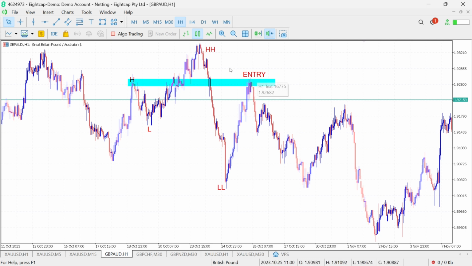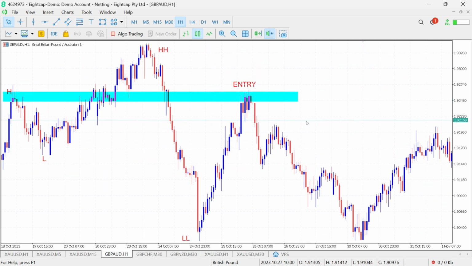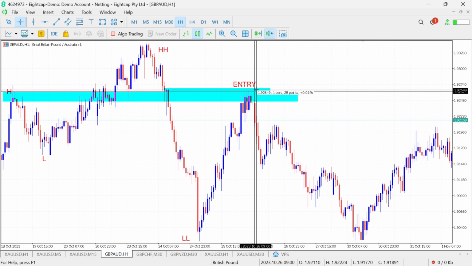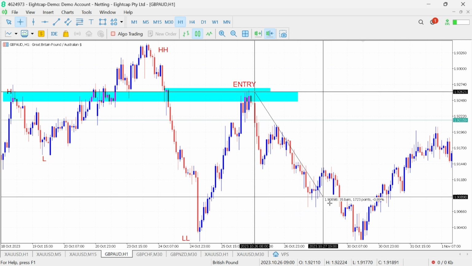Of course, you can see right here our supply zone smiling at us. So basically, price is tapping into the supply zone. This is the H1 time frame where you are seeing the supply zone. Price just tapped into it with just 2 pips, and bang,